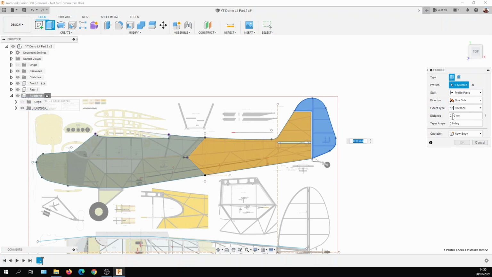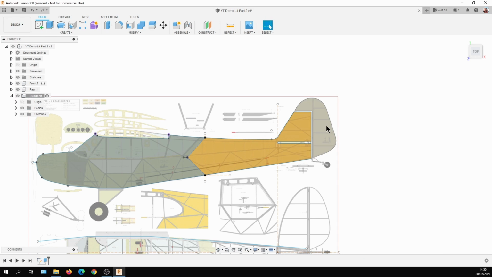And just a little bit, like we did before. It doesn't really matter for the drawing, so we'll call it 5mm. There we go. So we've now got our rudder there. So what we do now, we now go to the drawing environment. So we go to drawing, from design,